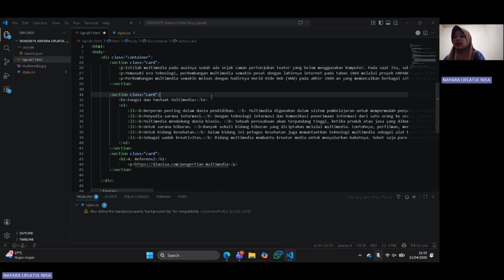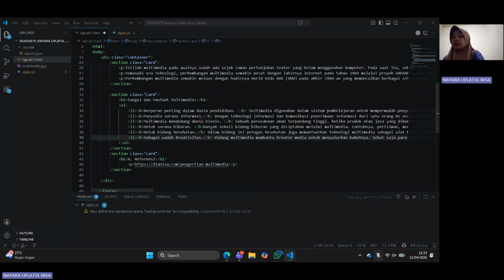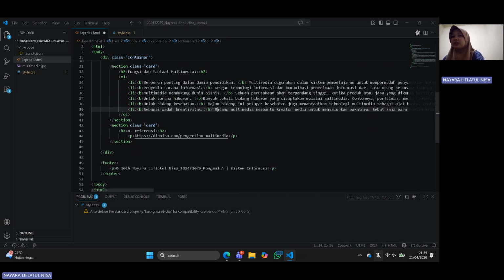The third section explains the function and benefit of multimedia. I use an ordered list to present the information in a structured way, making it easier to read and understand. Each section is designed to be clear, structured, and easy to read by the user.